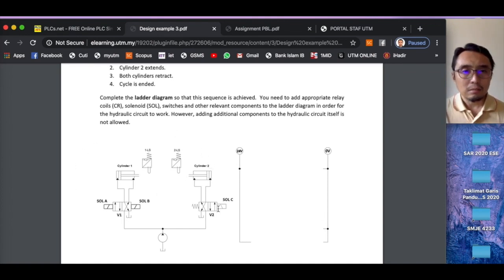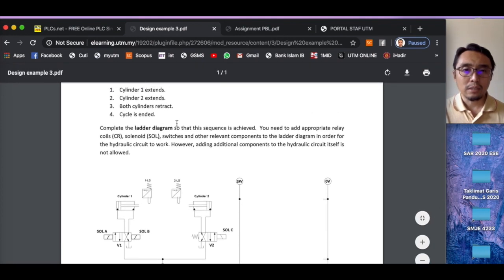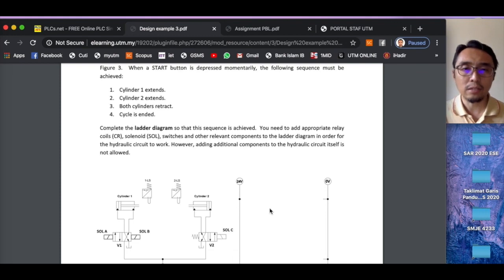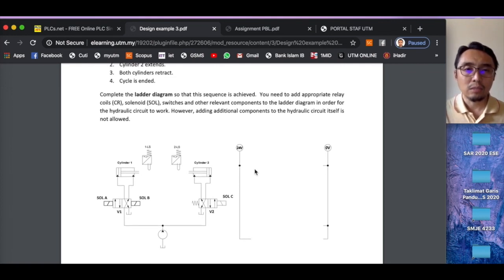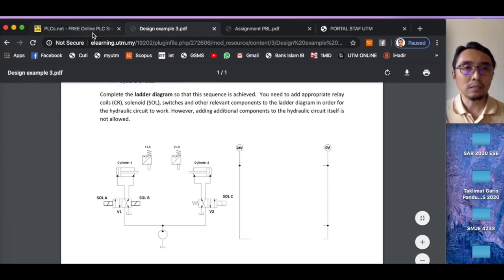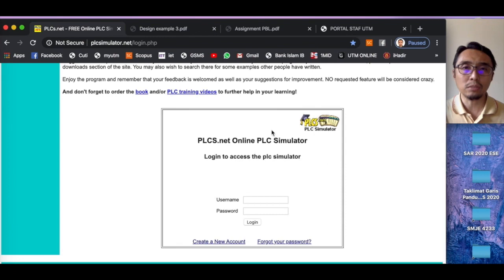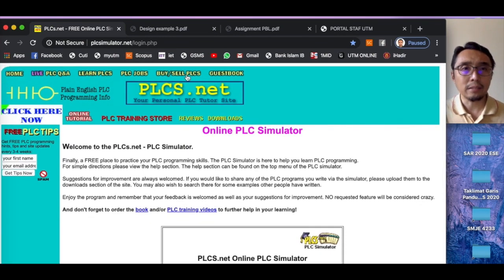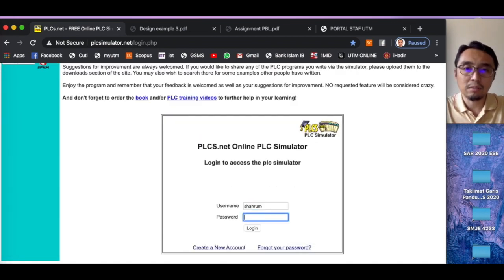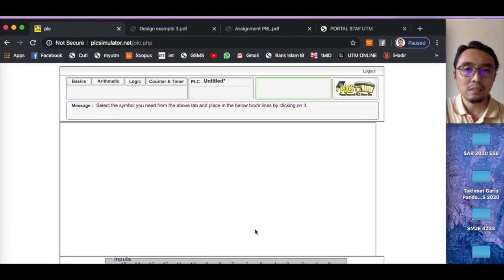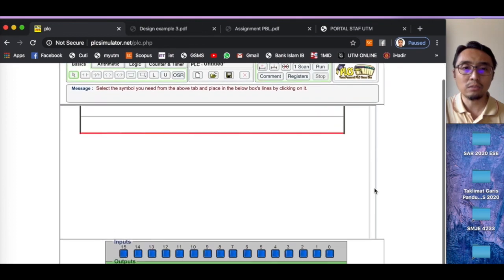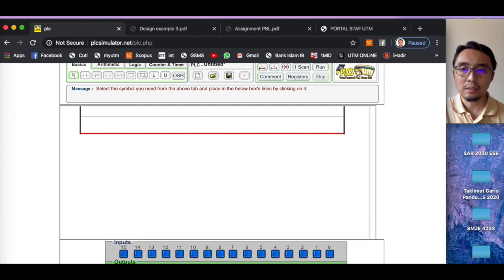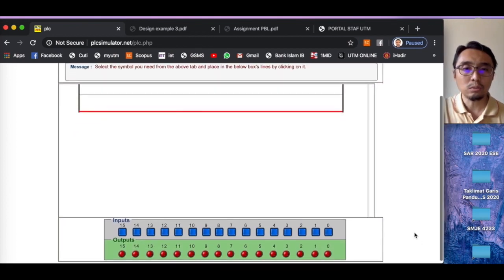But in this case, if you want to illustrate the control circuit, you can just use any online software available. For example, there's one online PLC simulator that you can use, called PLC simulator. I have tried this before. It is quite fast to learn how to use this software, and you just need your browser to